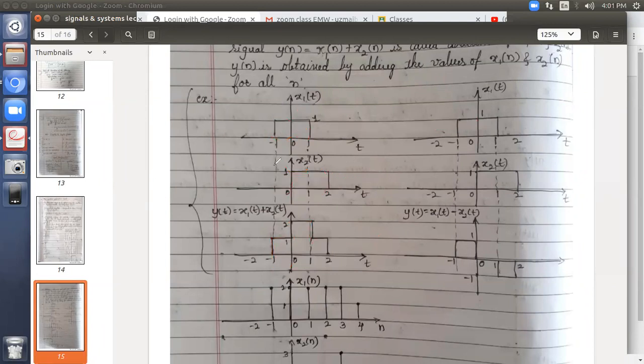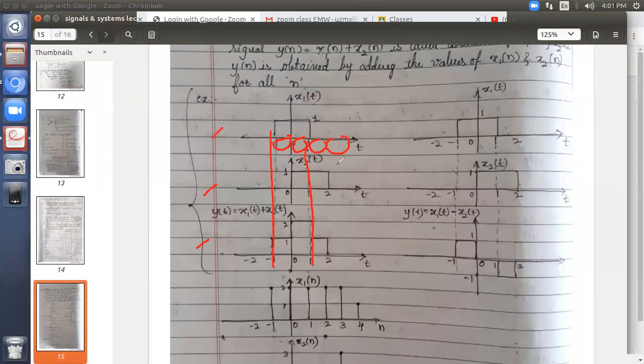How to add two signals? Take one time at a time. Between 0 and -1, between 0 and 1, between 1 to 2, between 2 to 3. It will make your work easier. Okay, take like that. And if you observe how I have drawn the signals, all these dotted lines indicate the alignment. Okay, all these time values should coincide. Then you will get the correct results.